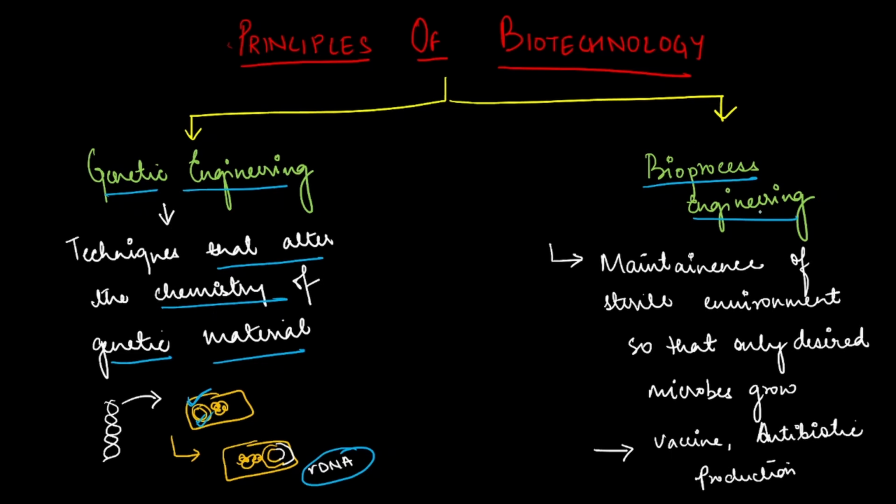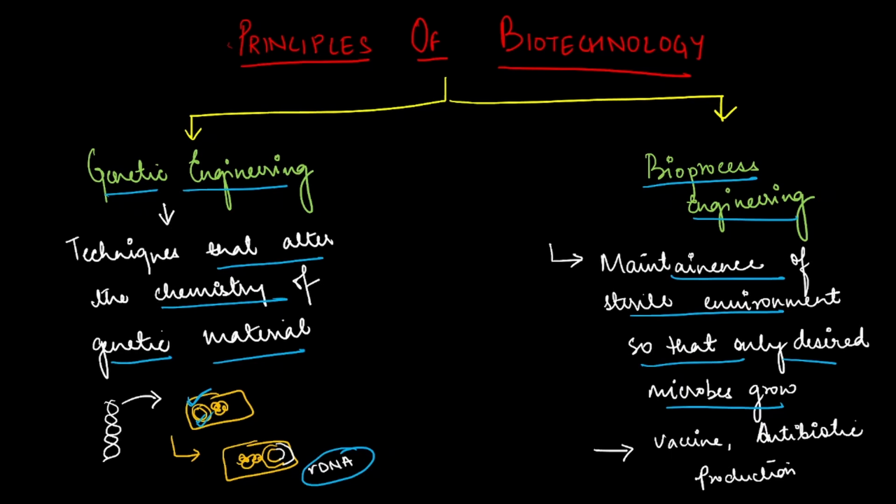Coming to bioprocess engineering, it is basically maintenance of a sterile environment so that only desired microbes grow. For example, if we want to produce vaccines, or if we want to grow a very specific microbe, we need to maintain the environment sterilized so that other microbes do not grow along with our desired microbes. So this process of maintaining a sterile environment so that only desired microbes or desired process takes place smoothly, we